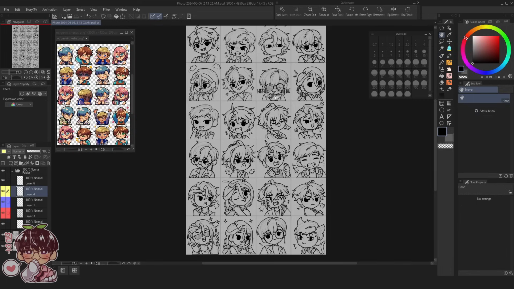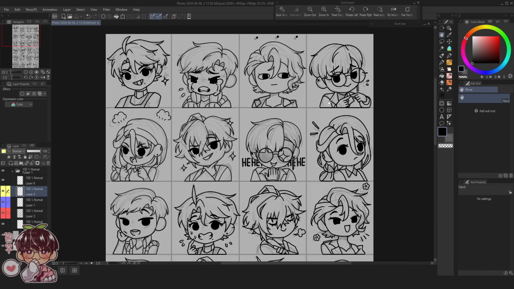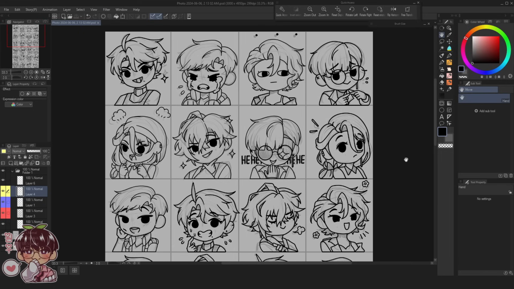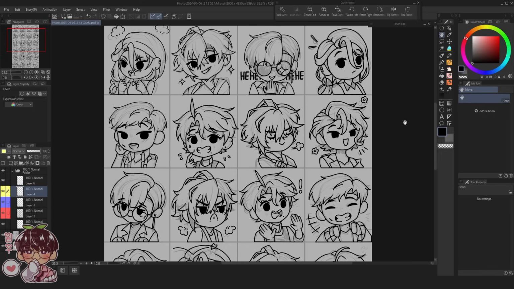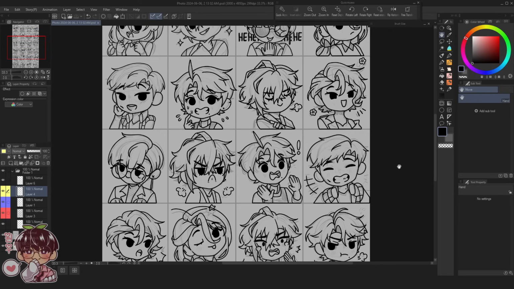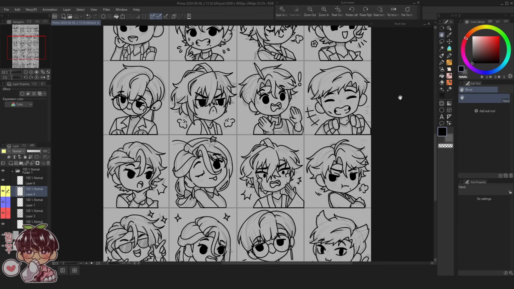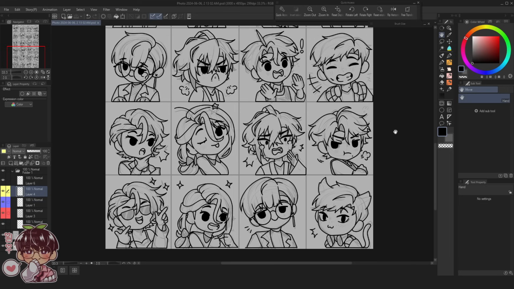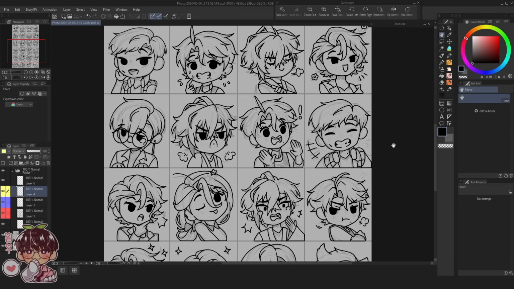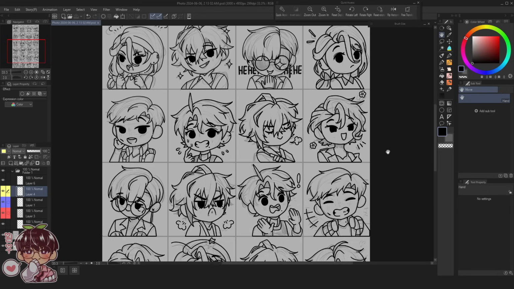So now with our line art done, you can actually see my layers on the left hand side, and there's 3 colored layers and then one other kind of dark gray underneath my red layer, which is the 4 different line art layers that I ended up with. So the yellow one has all of my effects. That'll be like all the little puffs of air, the little stars or sparkles, like the little sweat marks